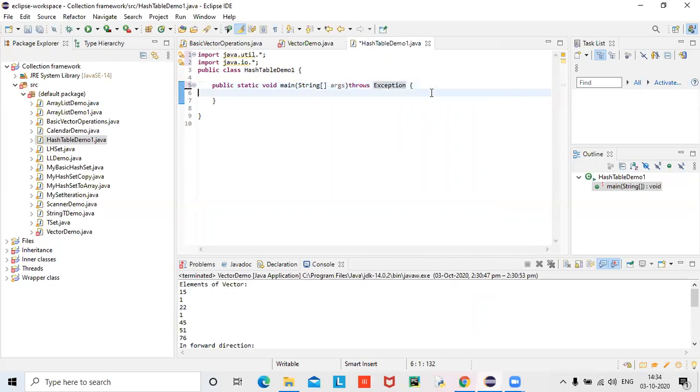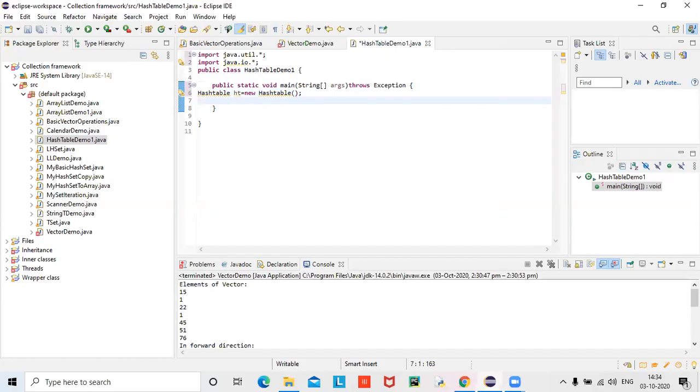Let me create as usual the first object as Hashtable, with small letter t only. Don't forget. Hashtable ht is equal to new Hashtable.